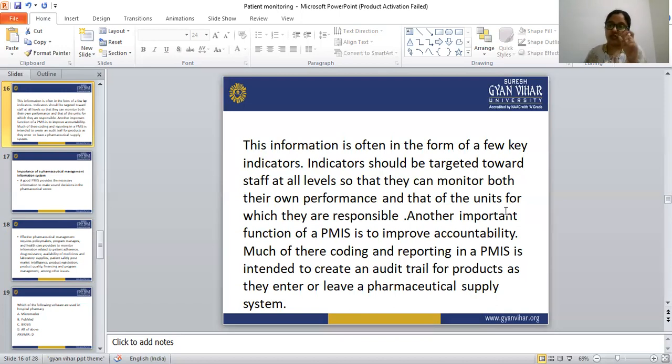This pharma information system also helps the pharmacies manage inventory control and so on. If there is any shortage of items in the pharmacy, the computerized system can send a message or an email, and remind them to purchase new drugs. So this PIS as well as the computerized patient monitoring system, both are very useful. The use of the computer in the healthcare system is a very important part.